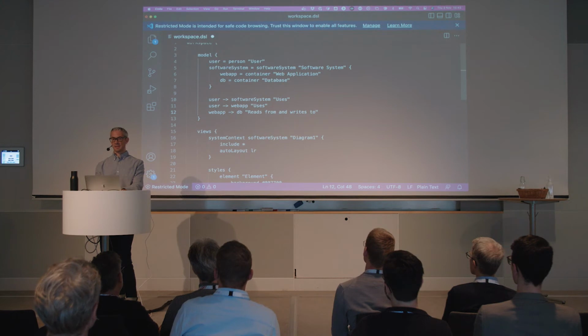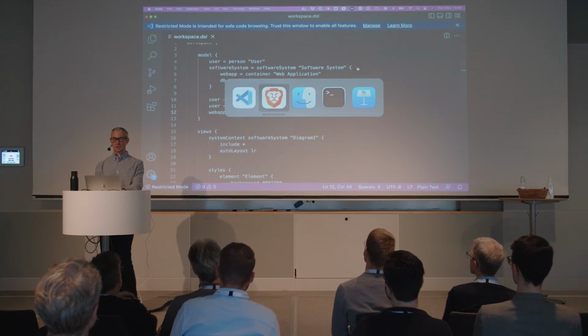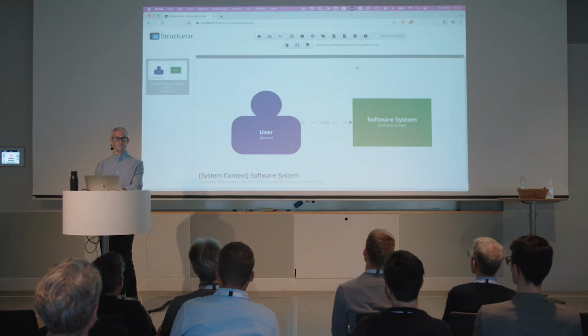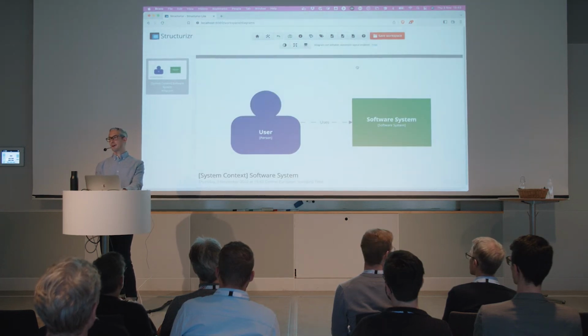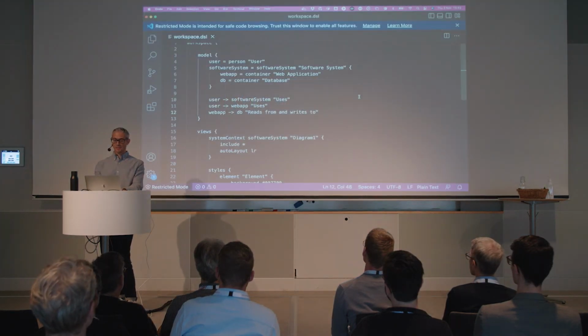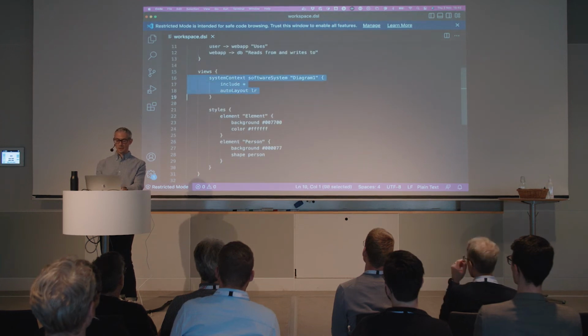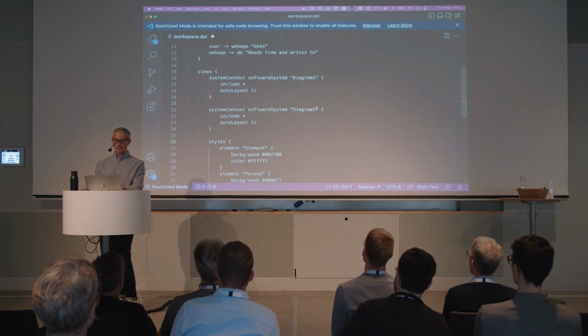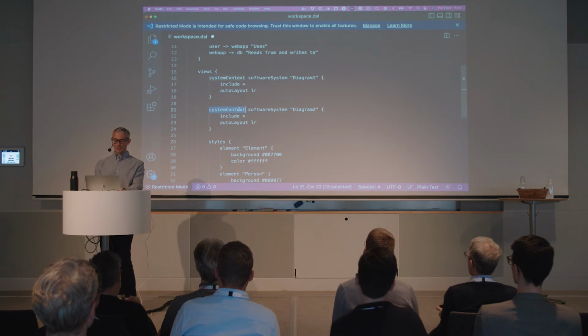Right, so if I save this and refresh, what do you think is going to happen? Nothing. Why nothing? Because there's no view, correct. So all I've done is I've added things to the model, but I've not visualized those things with a view. So how do we fix that? Well, we just copy paste this block here. We change the diagram identifier. We change this to container.